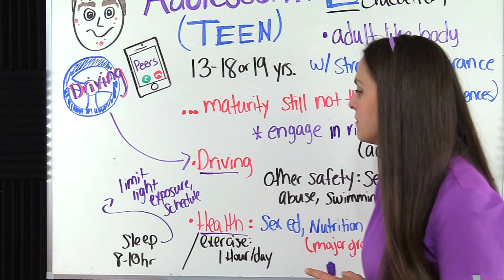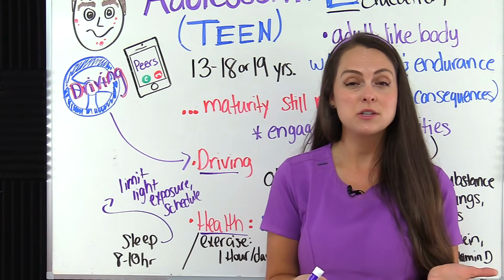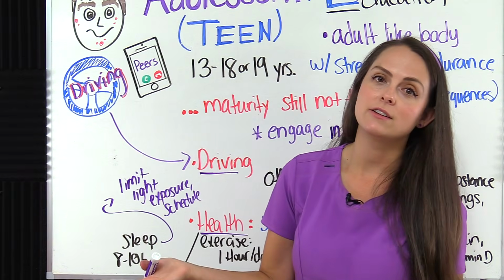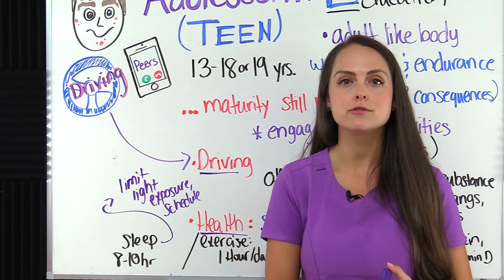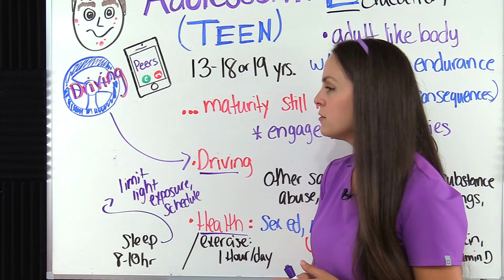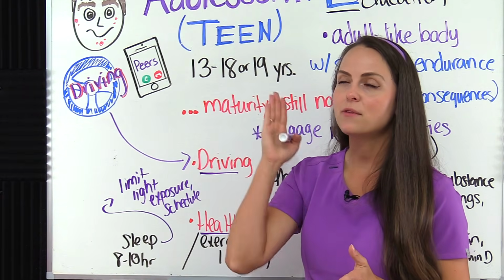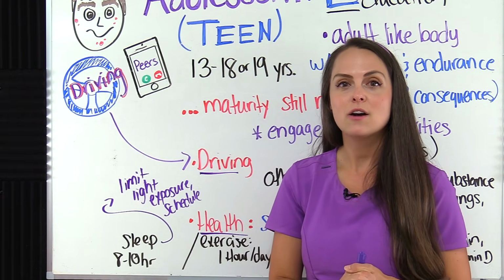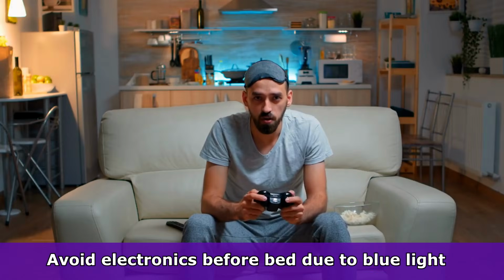So some things that can affect sleep is staying up too late, so you don't go to bed until 11 or 12, and then you have to get up really early for school. You're not getting in that time. So you want to set a schedule and say, hey, I'm going to sleep at this time every night so I can get that period of time of sleep.